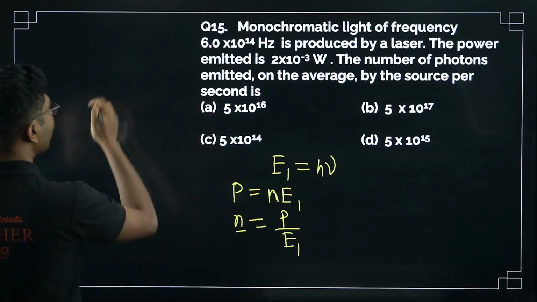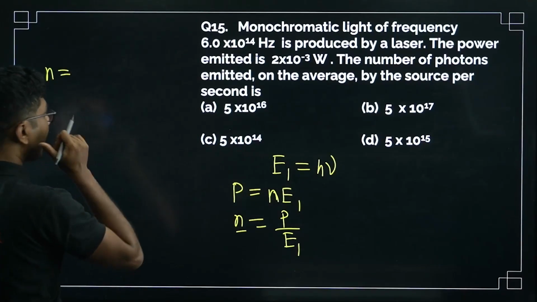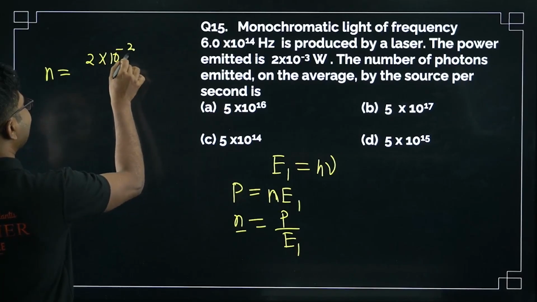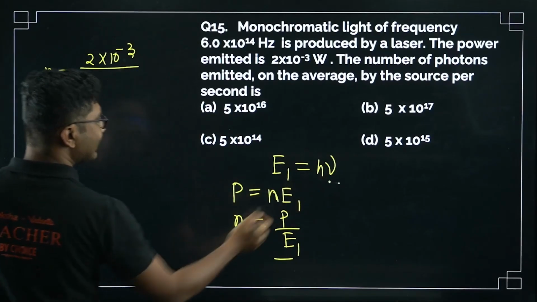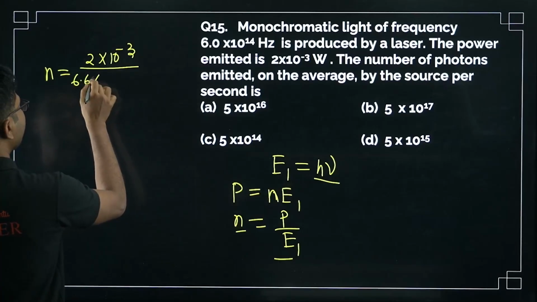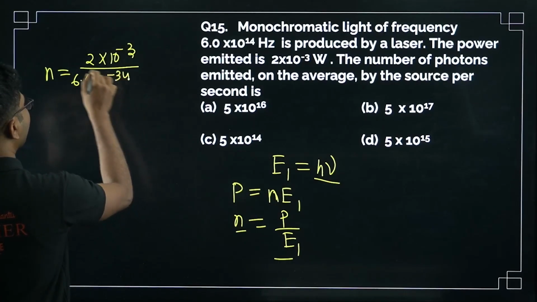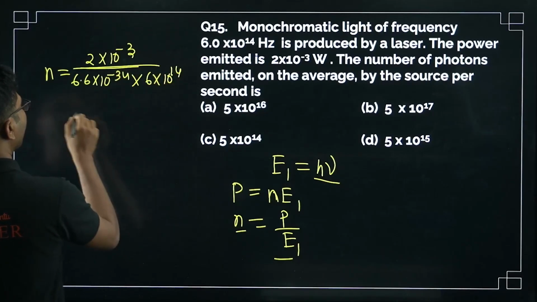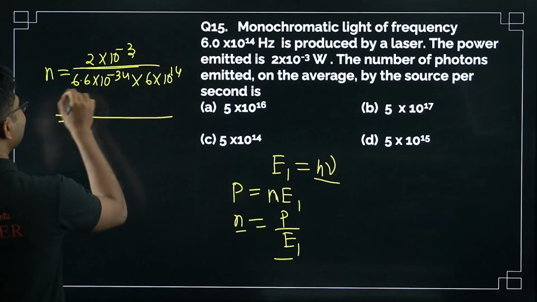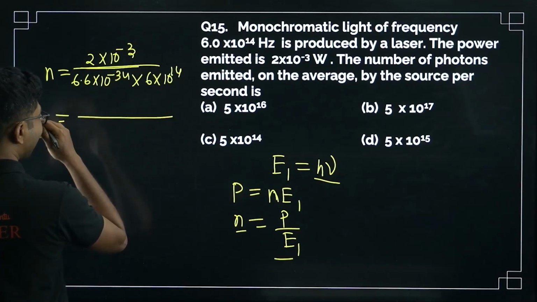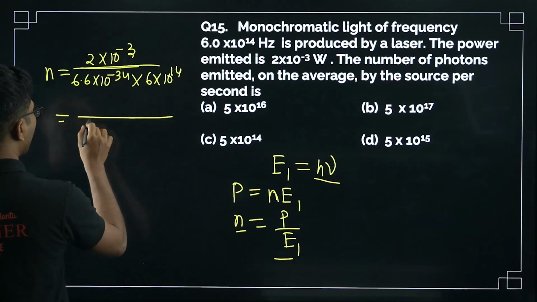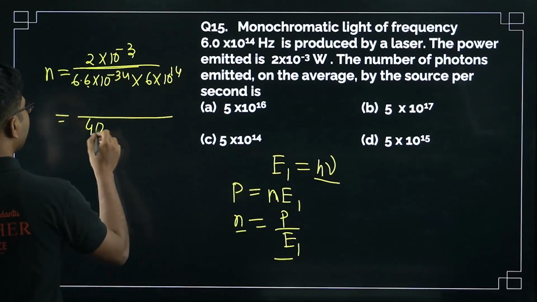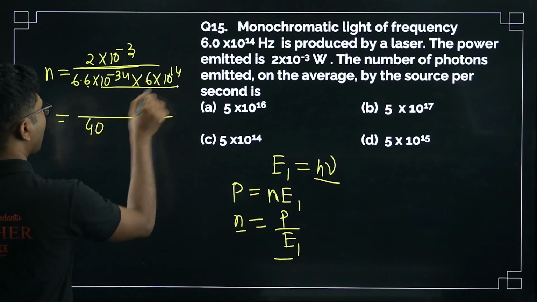Power is given as 2 × 10^-3. What is energy? Energy is hν. h is 6.6 × 10^-34, and ν is 6 × 10^14. So you will get almost 36, slightly more than 36, since 6 sixes are 36, it will be 39 point something. So we take it as 40 and 10 to the power of